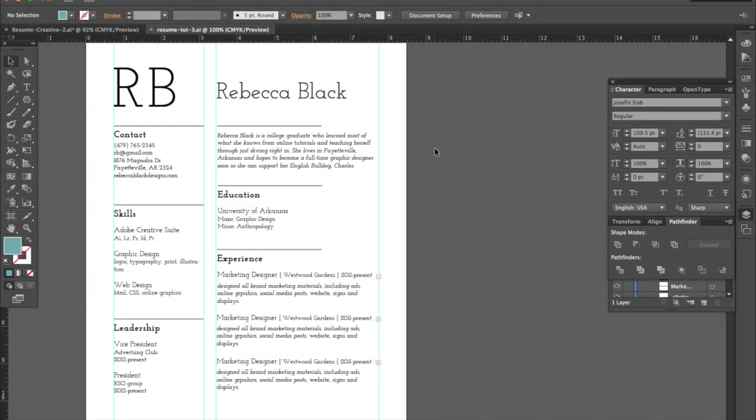Okay, so if you want to continue on and you want to make it a little bit more creative, you want to add some color, that's basically all I'm going to really be doing here, then that's what we're going to do. We're going to add a little bit of color. Choose your colors wisely. I would say stick with black as at least one of your colors, or maybe a dark gray,